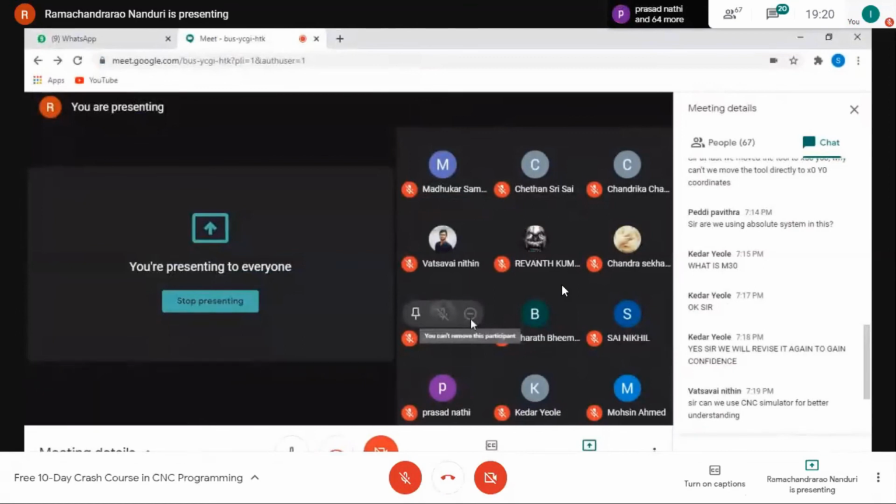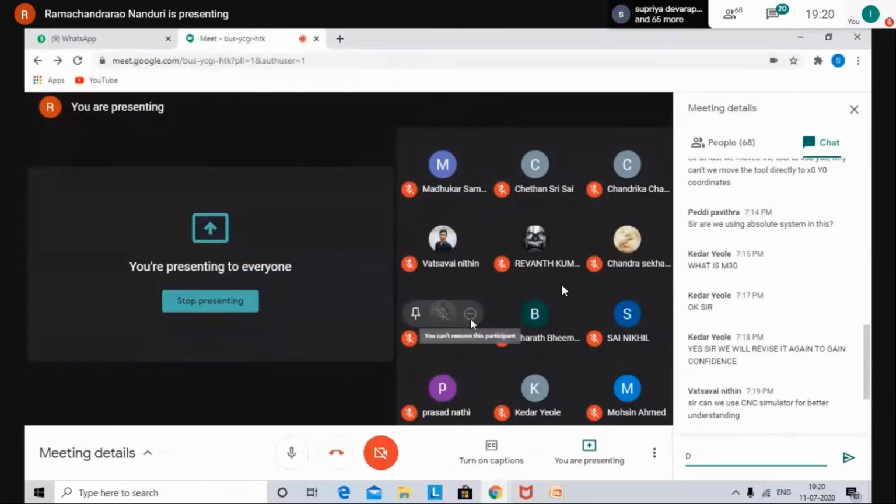Here, what happens? There are around 26 PMCs available in this world. Out of 26 PMCs, FANUC PMC is there, Siemens is there, Heidenhain is there, and several other PMCs available in the market. Each PMC will accept a particular software, and there are several hundreds of software in the market like Delcam and Mastercam.